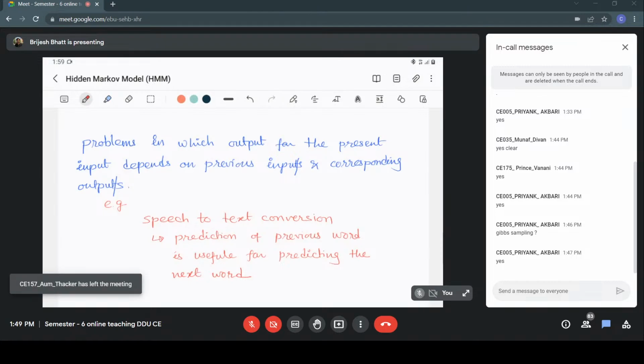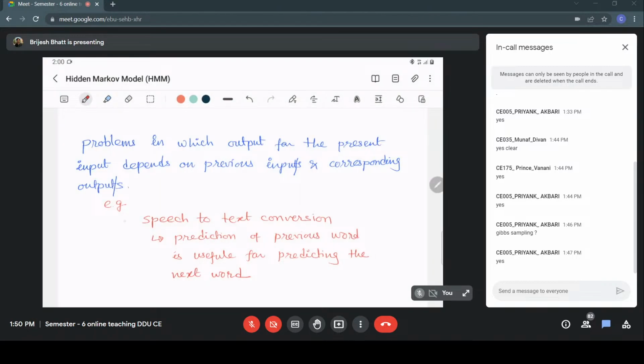So when I'm speaking, if I say I, then you know that I would be followed by am and not some other verb, isn't it? So similarly, when I speak Taj, you might expect Mahal after Taj. So the previous word influences the selection or prediction for the next word. So this is one such problem. The second problem, which we want to explore in more detail, is called